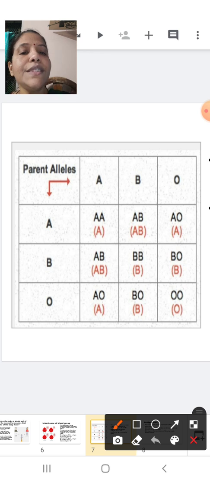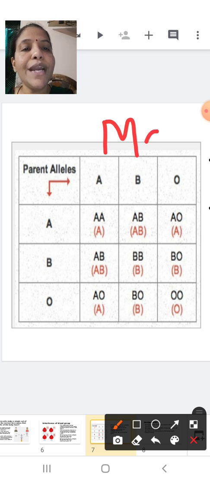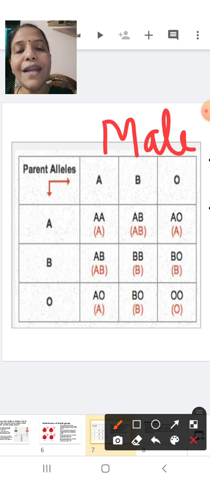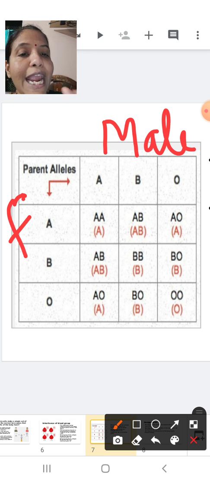So here this is a parent allele. Alleles means what? Genes. We have discussed in one of the sessions that alleles means genes. Now, let us say these are the parents' alleles. So you can take this as a male, and students, with this you can take it as a female partner. So this is the father and this is the mother here. Okay. Now, let us say that if the male has blood group A,